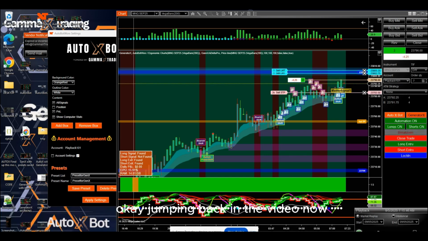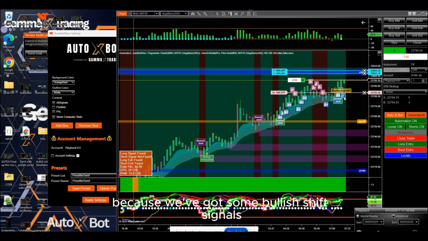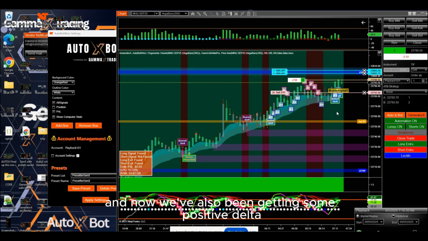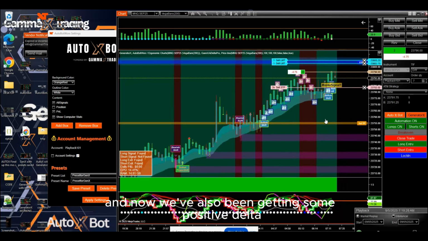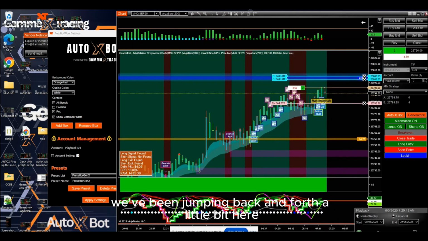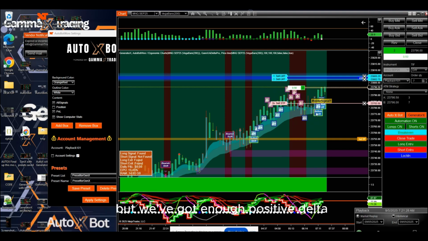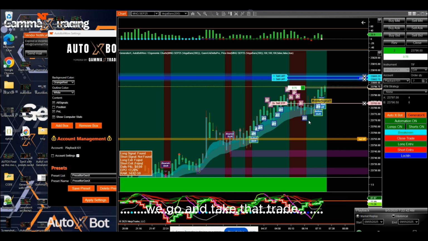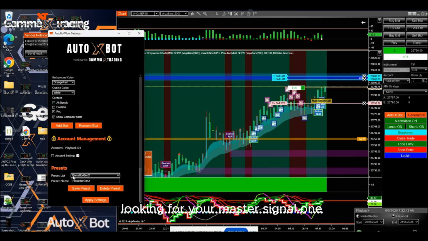Okay, jumping back in the video now, you see how we now got our master signal 1 now, because we've got some bullish shift signals because we've been kind of bouncing in the profit wave a little bit. And now we've also been getting some positive delta. We've been jumping back and forth a little bit here, but we've got enough positive delta and that shift signal to be able to say, yeah, we can go and take that trade now and get into it. So that's how AutoX is going to be looking for your master signal 1